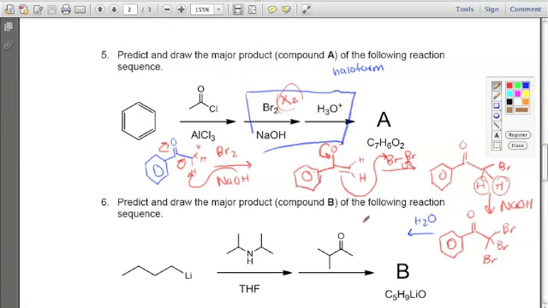water, or excuse me, not water, it's going to react again with the OH, and that's going to come in, attack the carbon of the carbonyl, swing up, come back down, and kick off this. Now why can this leave? Because right now you just made a CBr3, which is going to be a relatively okay leaving group, very similar to CF3, which is also a relatively good leaving group. Not the best, but it works. And you're going to be left with